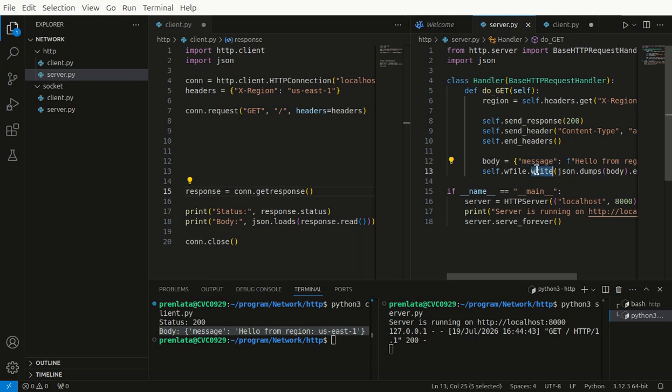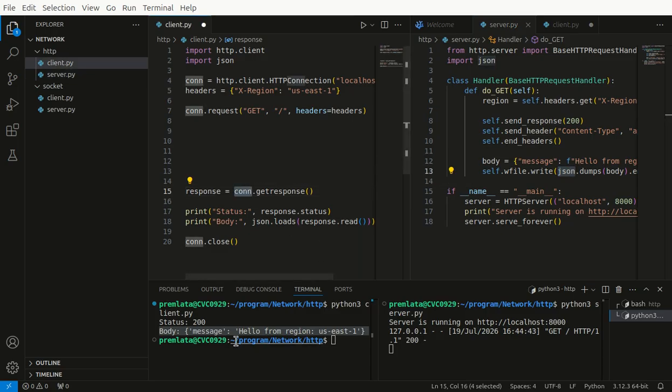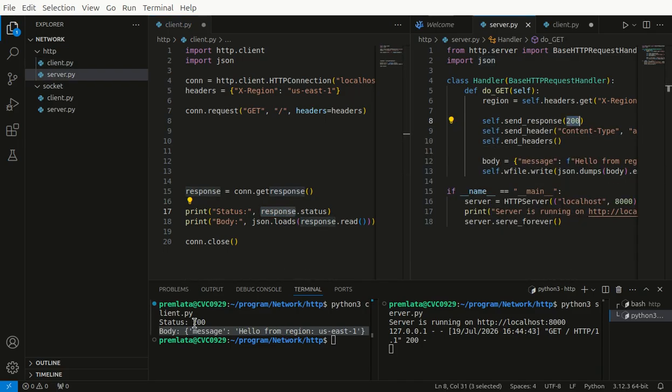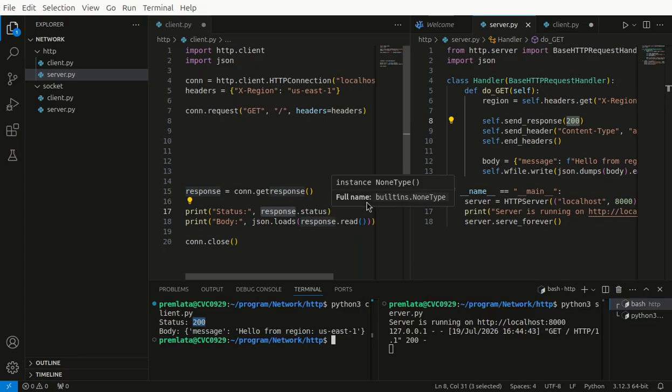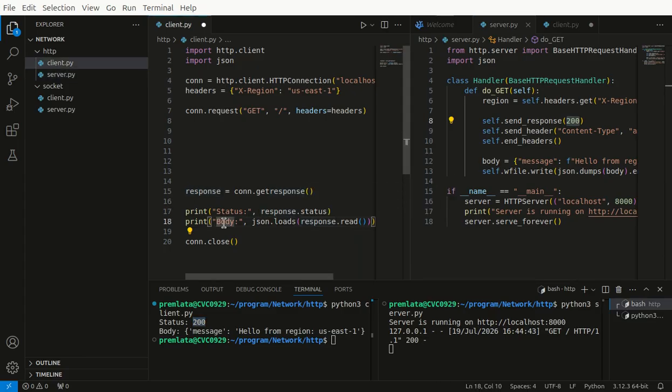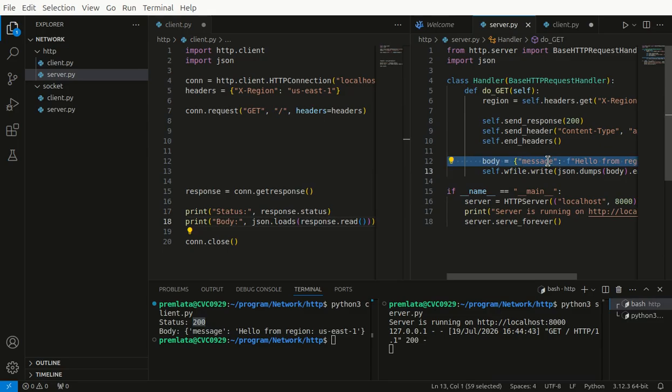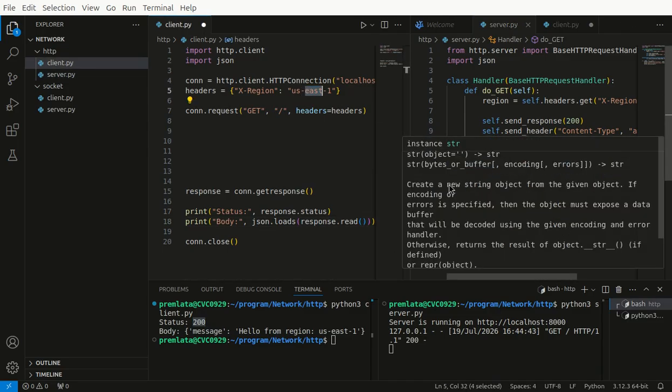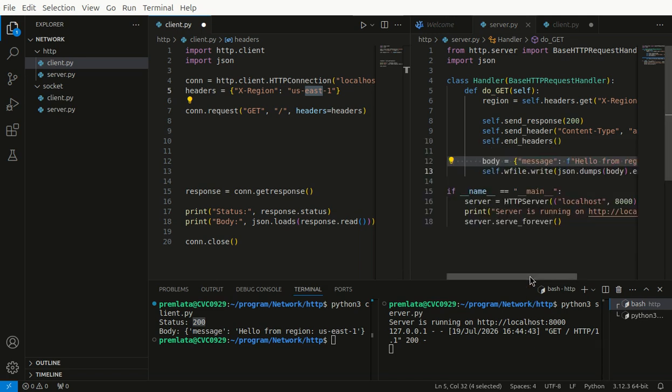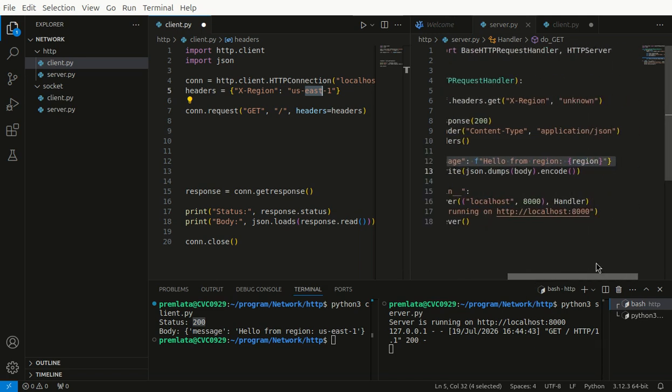So here it writes the body into the response, and response then it is received here. So once the response is received, the response we print here, and it says the status received is response.status. The status that is passed here is received back, so it prints here. And then the body it prints. So body passed is message hello from region, and region that we passed in request is passed back to us right here, back content type application JSON, and then the region